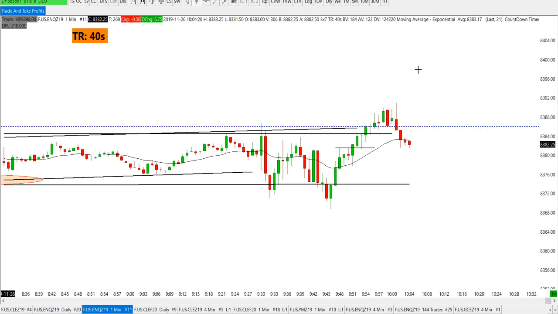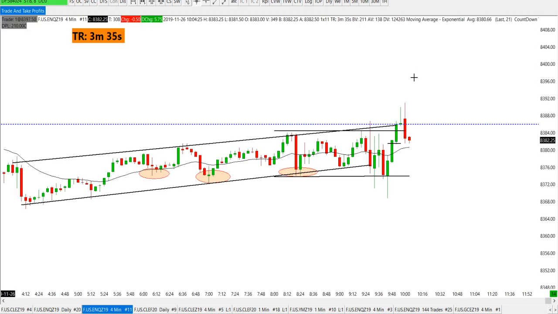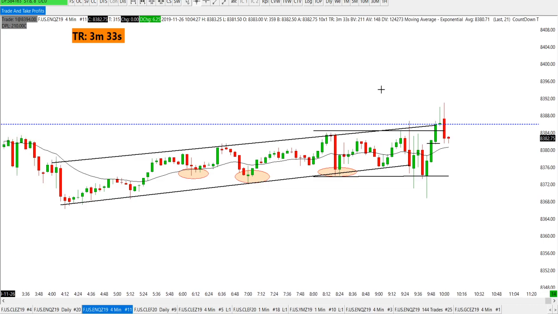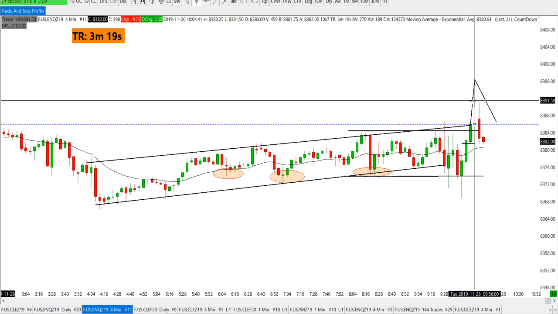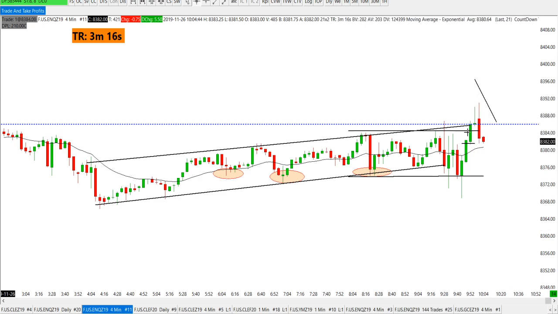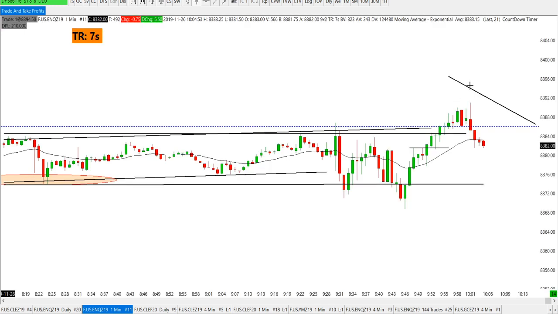But overall, it all depends on what the market is trying to do right now. The way I was looking at the market, the buyers came in. I wanted the market to push up and then pull back. We didn't really do that. What we did was push up, but there was major rejection right here. So I'm thinking this could be a temporary top, and more selling might come in.